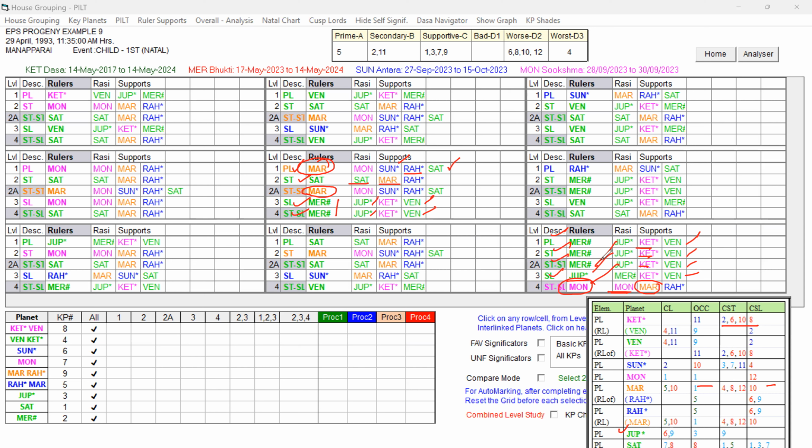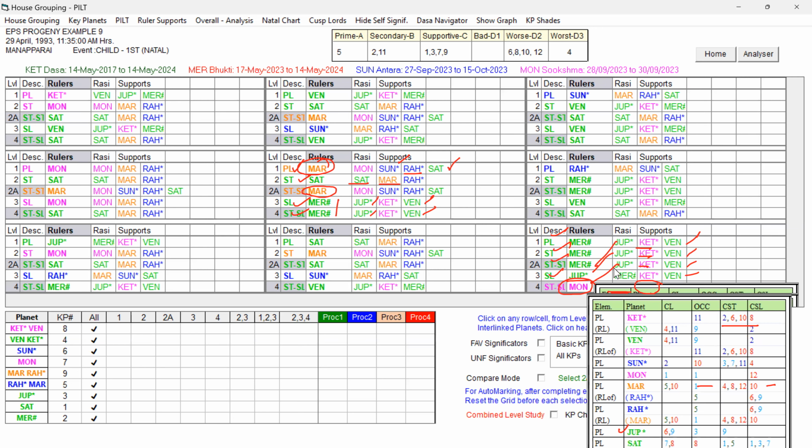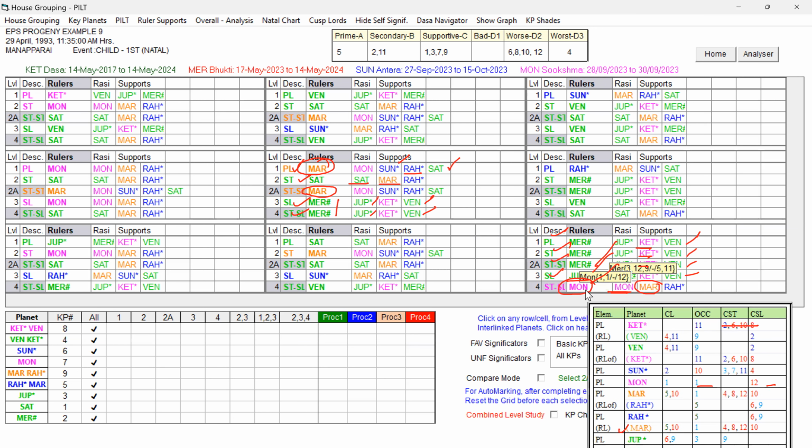So overall, the fifth cuspal sublord in the star and sub of all the planets is favorable to the progeny prospect. It is promising, but you can see Jupiter is sixth lord in the star of Moon. Moon is having that 12th cuspal sublord and supported by Mars. So some weakness there at the last level, and also that Ketu, the 6, 10, 12, sorry, 6,